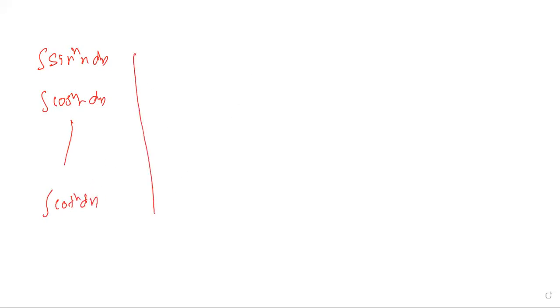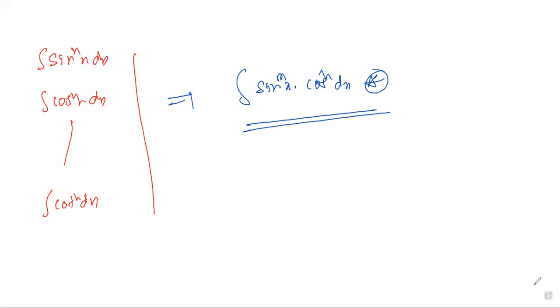Okay. Hello to everyone. In previous classes we completed the integrals of sin^n x dx and cos^n x dx. Similarly, everything up to cot^n x dx is finished. Today I'm going to explain the combination, that is, the integration of sin^m x into cos^n x dx. It's a very interesting concept. Please concentrate on it.